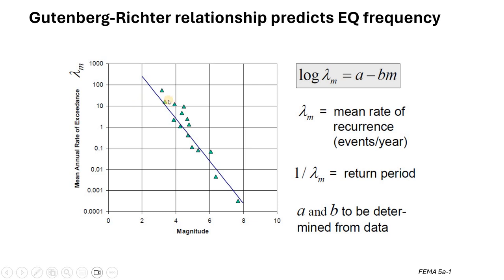And it turns out that when we plot this data, it follows a very predictable functional form, whether we're considering earthquakes on a single fault or over some region. And that form is given by this equation. The log of the rate of exceedance, lambda, equals A minus BM, where A is this upper intercept up here,